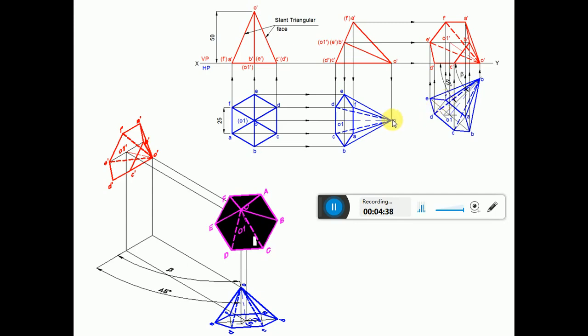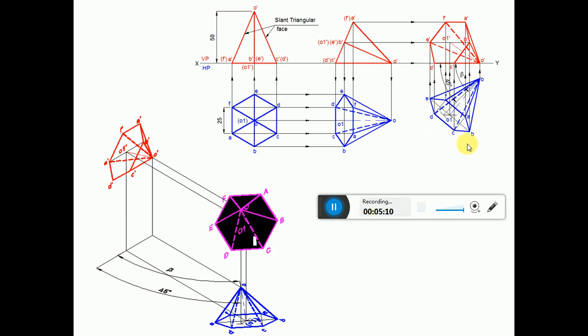Similarly, you measure the distance from O to this point, transfer it from O to this side and then extend it to O1. Then from here measure the length from this point to C and also from this point to D. Both have the same equal distances. Then, from the extended line intersection point here, cut an arc on this side and also on this side to get the points C and D.